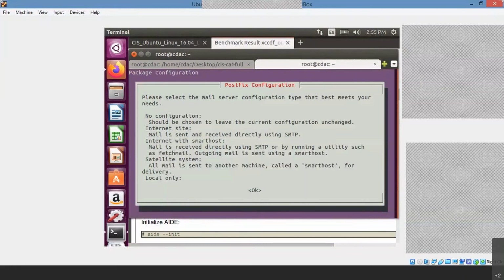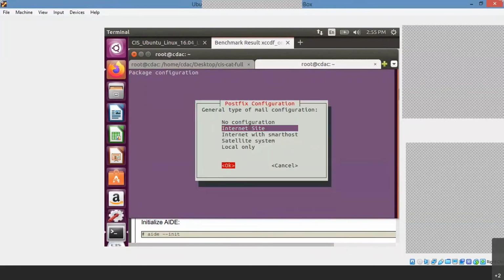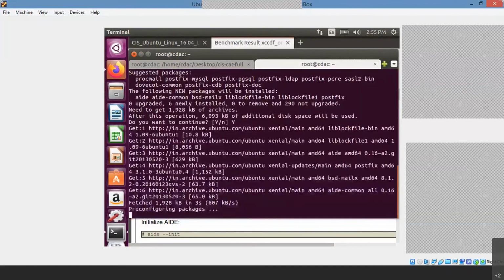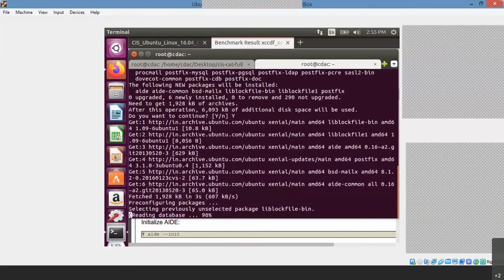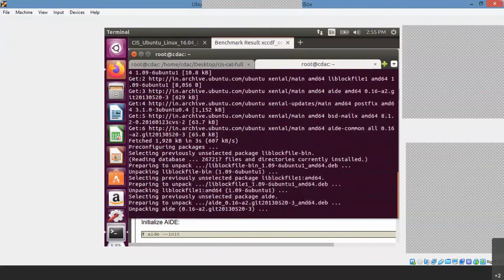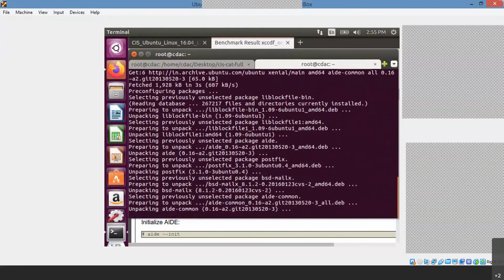Yeah, so let's select OK. So these are some of the things you have to do one by one for hardening.